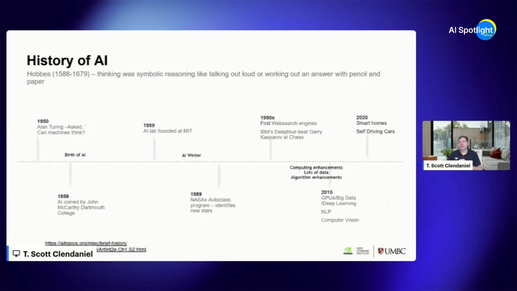They were developed in the early 1800s, 1807 to be specific. The first computer was developed by Babbage and was actually programmed the first time by Ada Lovelace. Yes, the first computer programmer in the world was a woman. All of this took place before the US Civil War, right? So we're going back a long time. The first diagram of an artificial neuron for a neural network goes back to 1943.